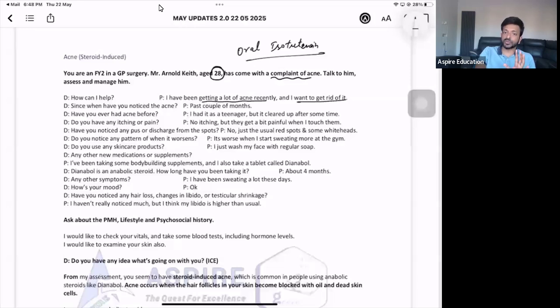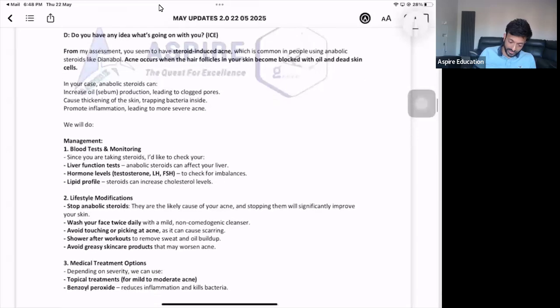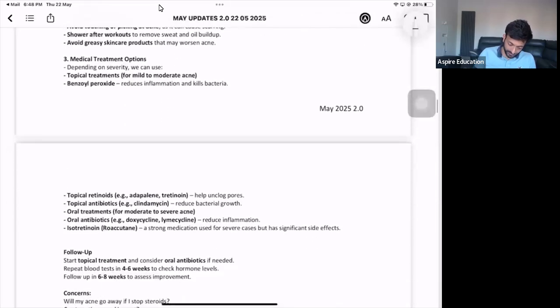The answer is no. It is always started by the specialist. We cannot start the patient on this, right? Even if it is severe acne, we try going for a combined therapy. We go for, say, for example, oral antibiotics. We go for other medications, for example adapalene, like topical retinoids. We might be able to go for oral antibiotics as a first line of treatment, even for severe acne.